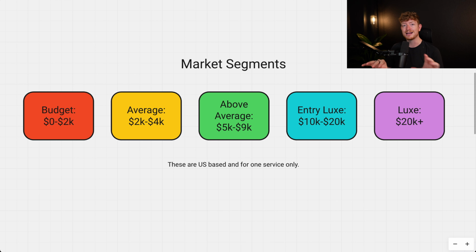So if you're attracting a certain type of market and they're not buying from you, it's because you have either an offer or a pricing mismatch to your market. For example, if you're priced at 5K, but your brand sucks and your copywriting sucks and your marketing sucks, you're probably attracting budget. And that's why they're not hiring you.